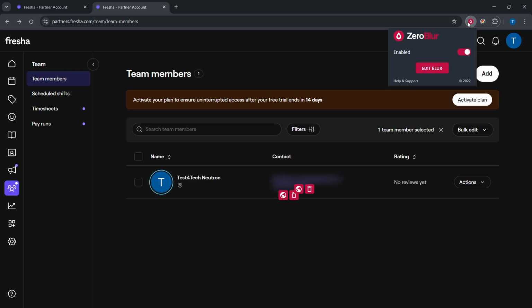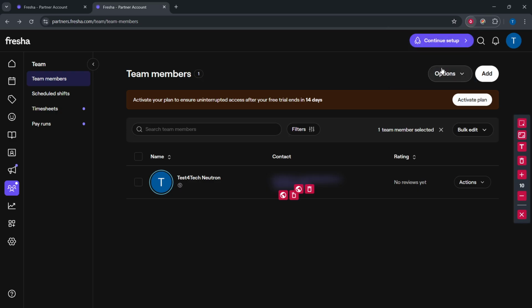Your analytics, financial records, and service history stay intact for accurate reporting and auditing, even though the person no longer has access and no longer appears on your active team or schedule. You'll still be able to see how their services contributed to your performance over time without compromising security or cluttering